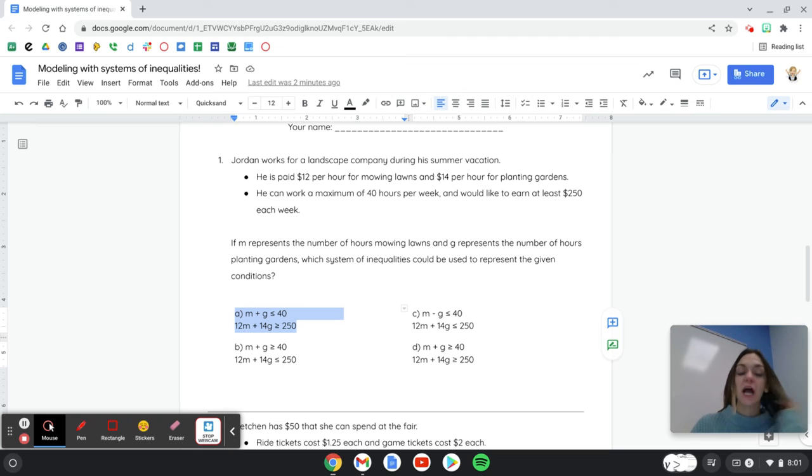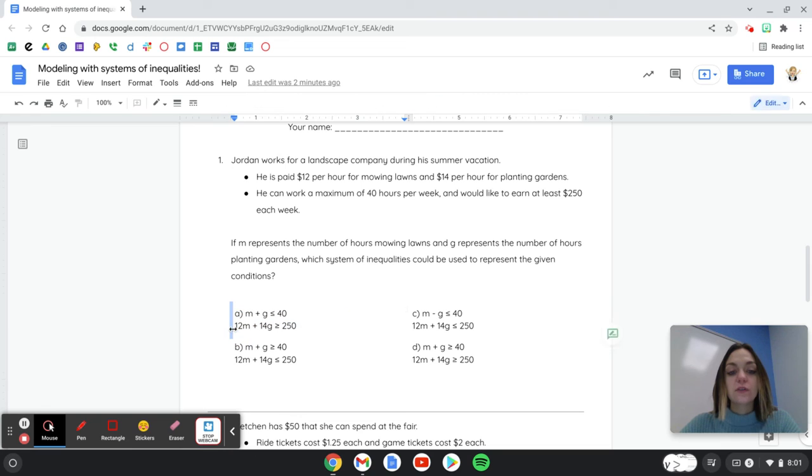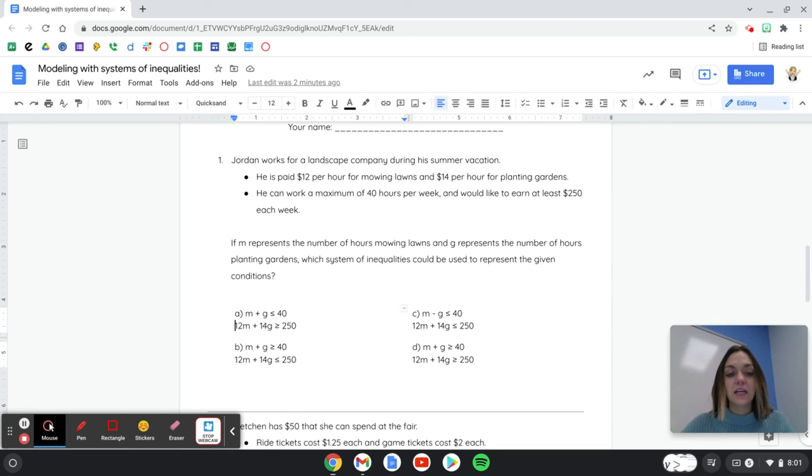Now I can double check my second inequality just to make sure that it makes sense. This is talking about his money, and it says he would like to earn at least $250 each week. So this is saying his income from mowing lawns, so he earns $12 an hour for mowing lawns, plus his income for planting gardens, which he earns $14 per hour planting gardens, is greater than or equal to $250,